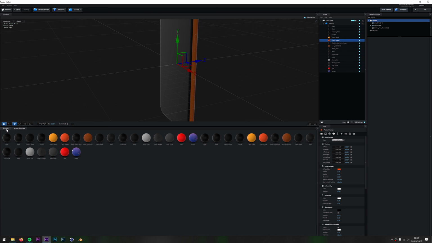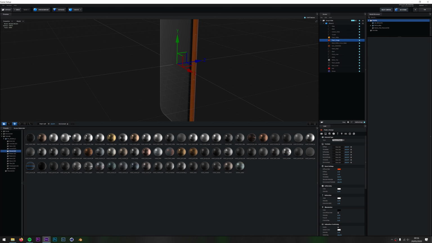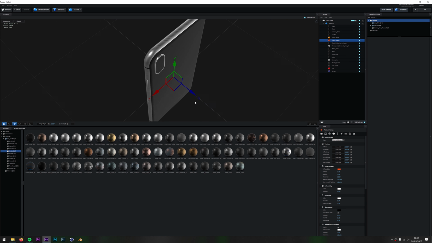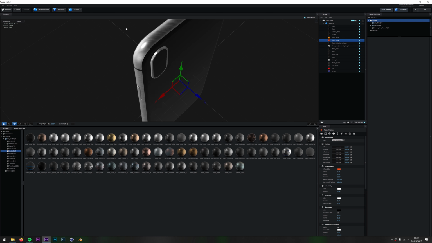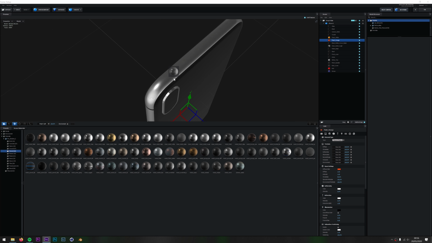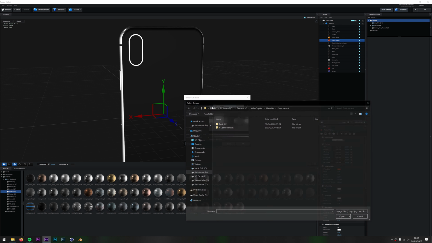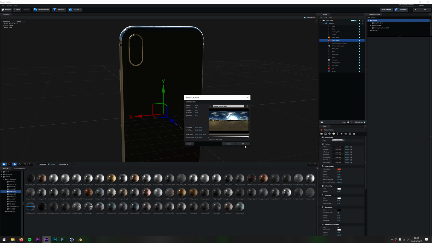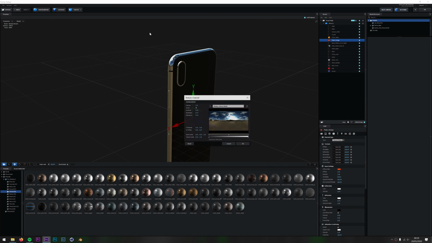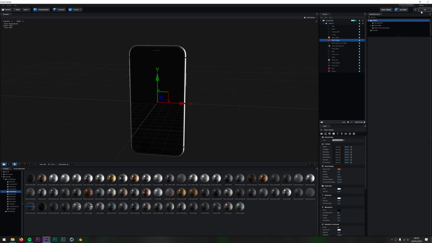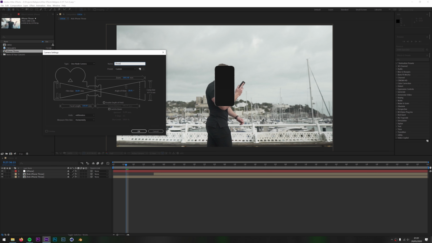add some materials that we've already got in our Pro Shaders. Add some, no, not that one. Try a different one. That one, that's better. Let's have that one. Go to environment and pick an HDRI that fits your scene. Yeah. Change it back. Hit OK, right click in the composition, add a camera. Rename the camera to something you're going to remember and leave the settings exactly the same.